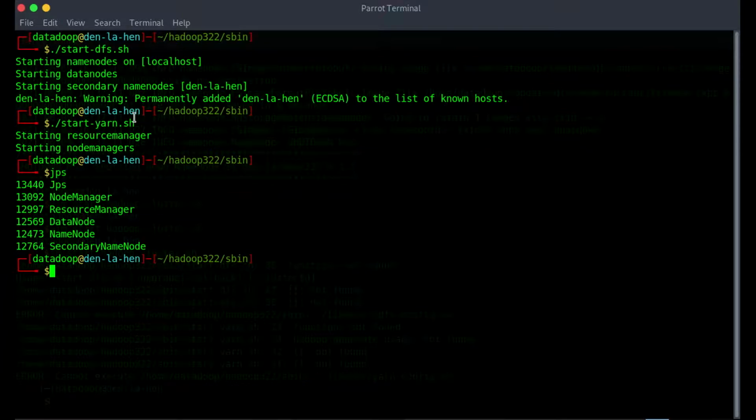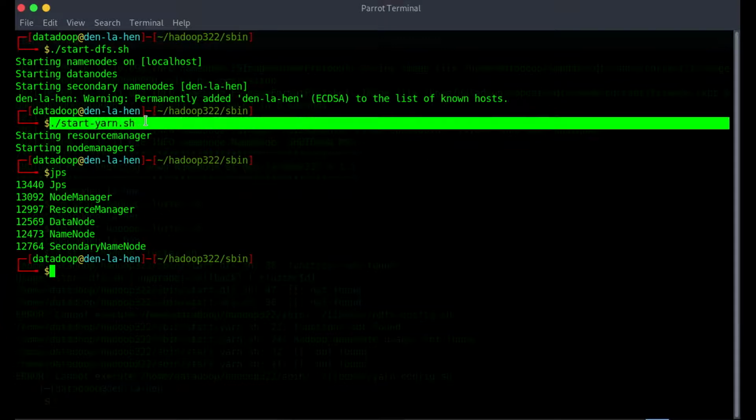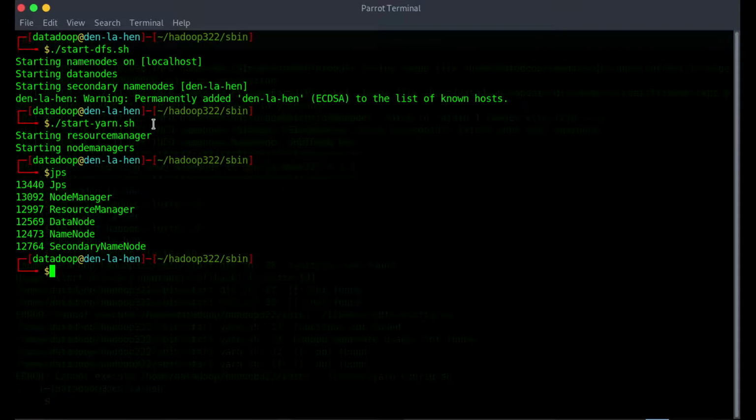Once the data node and name node are up and running, you can start the YARN resource and node managers. To do that, you will have to simply type ./start-yarn.sh, so that your resource manager and node managers are initiated.